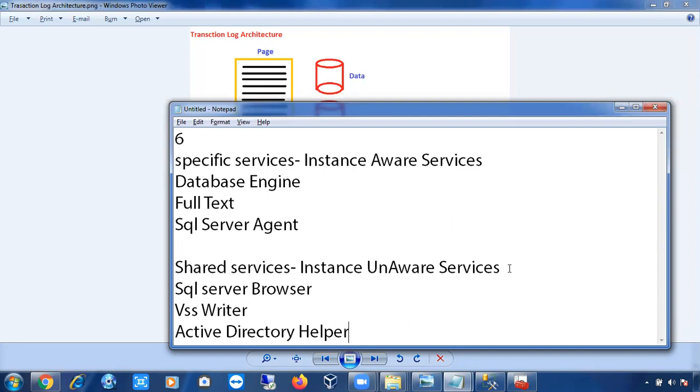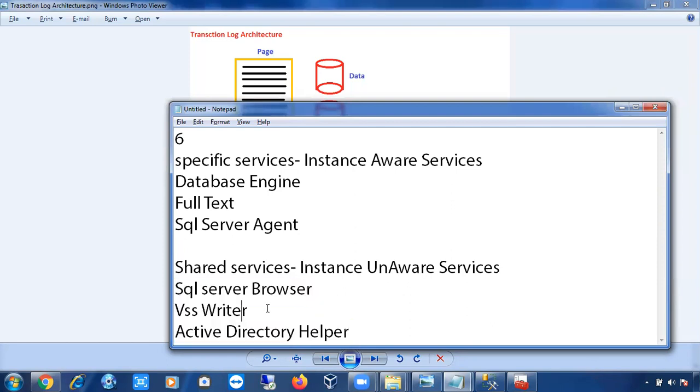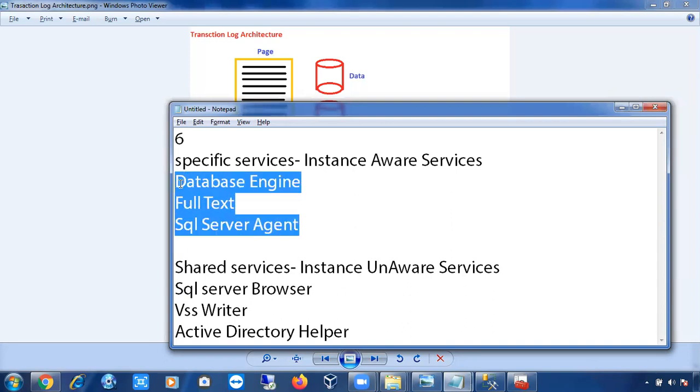Even though you install 10 instances, these will not increase. Only 3 services will be there from the shared services. Only a single copy of these services will exist on the machine. But for the specific services, however many instances you install, that many services will come.